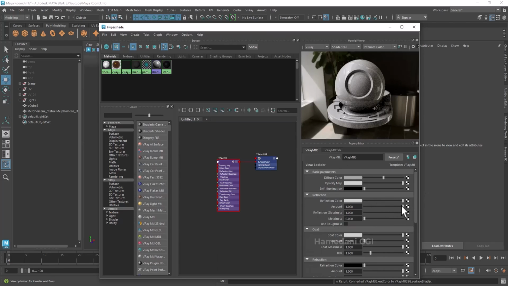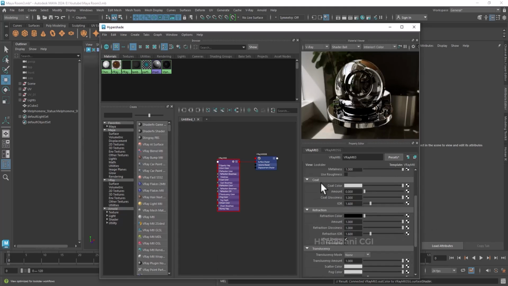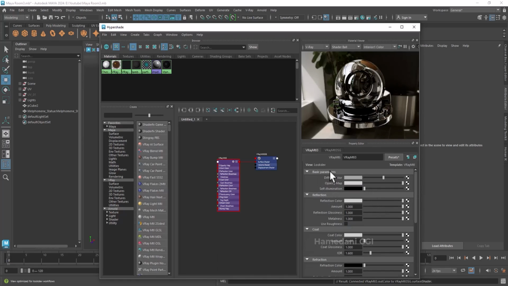Reflection color and intensity of reflection, and intensity of glossiness, how glossy it is and how matte. And metalness. You can control the sharpness of reflection. In the basic parameters, self-illumination lets you create something like a lamp,